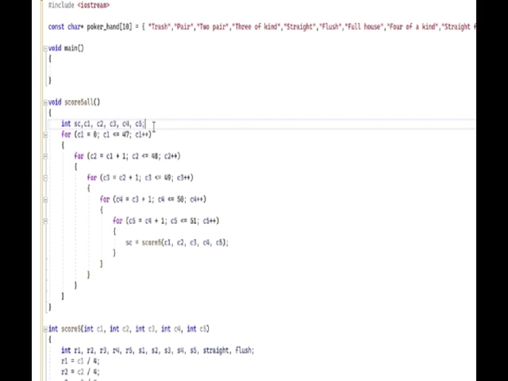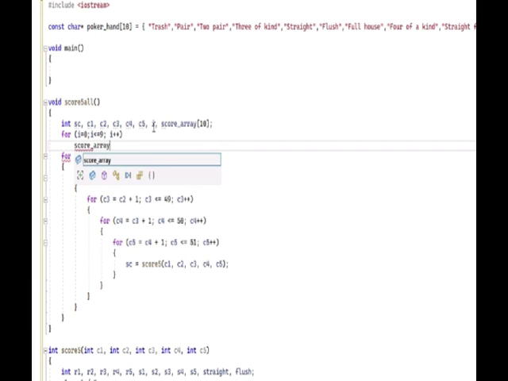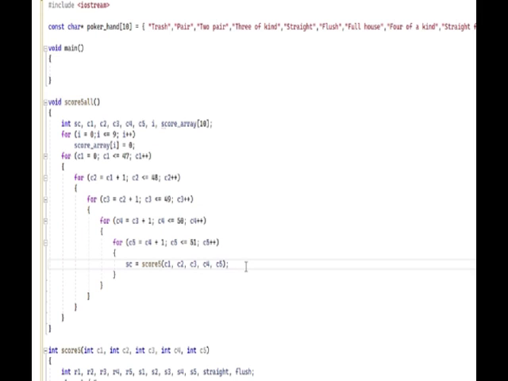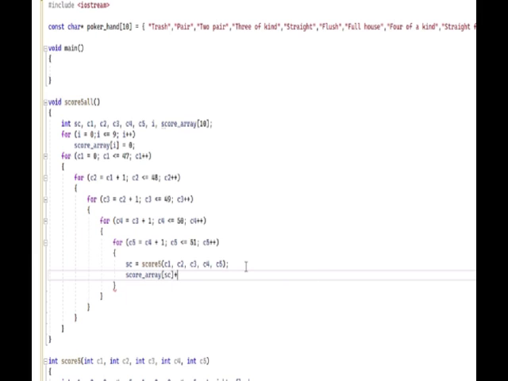So, back here, let's create an index called I, and then an array to score how often we get each hand. So I'm just going to call it score array, and then put 10 values in it. And let's initialize it. Okay, and then down here, I'm going to increment the value of score array by whatever the score is. And then down here at the bottom,